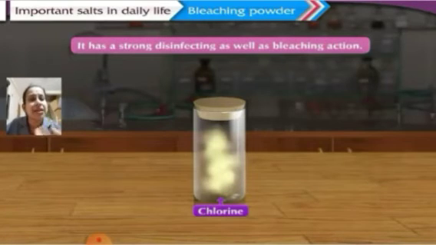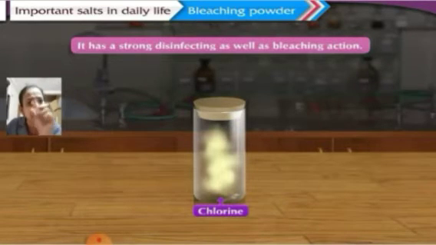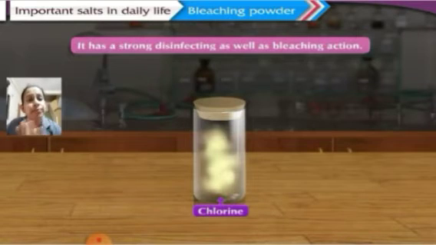Suppose there is a white cloth and any stain has to be removed, you can use the bleaching powder to remove that stain. So it has a bleaching action. It makes that part white in color. That action of the chlorine of the bleaching powder is called bleaching action. Therefore calcium oxychloride is commonly called bleaching powder, since it has a bleaching action. It makes the cloth white in color.